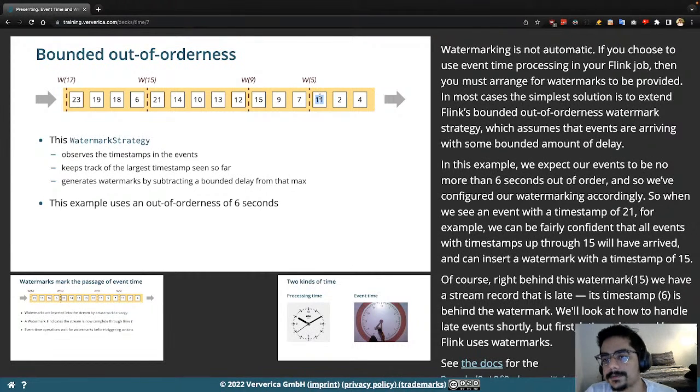So what happens here is that it maintains the maximum event time it has seen. At this point the maximum time is 4. At this point the maximum time is still 4. At this point the maximum time is 11. In this strategy we define a particular threshold, the difference between the event time which has occurred and the watermark that we need to create. For this example it is a 6-second delay. So it puts a watermark into the stream